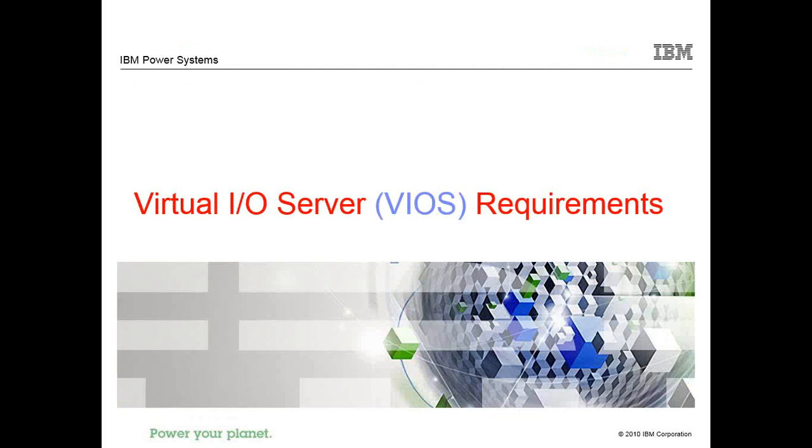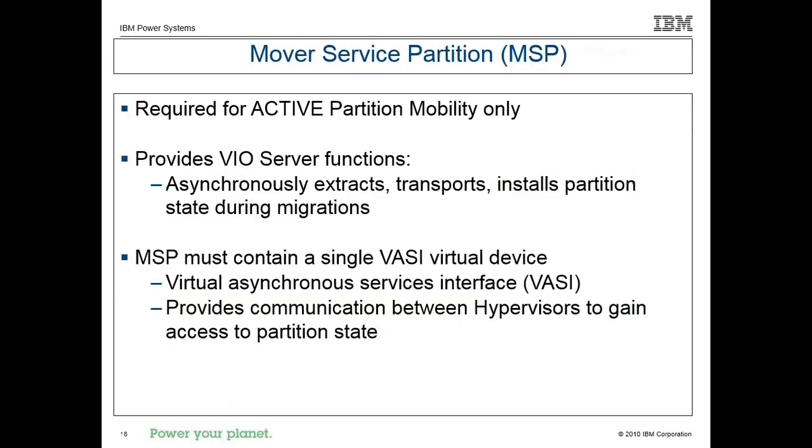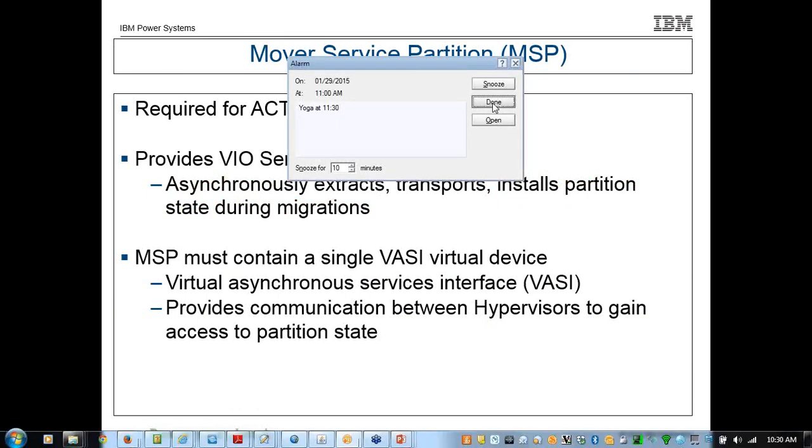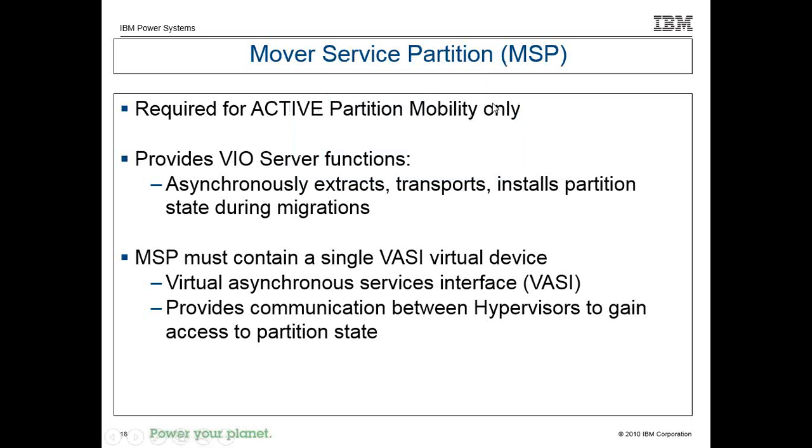Okay, so let's go off to the VIOS requirements. So there's something I showed you before. I showed you before on that animation chart that we have something called the mover service subsystem. Well, so what happens is when you have a VIOS, you can dynamically click a box on, I'll show another chart, to make it the MSP or not, and you can have more than one VIOS MSP checked. And remember how that animation showed that we've transferred data from the client through a VASI.